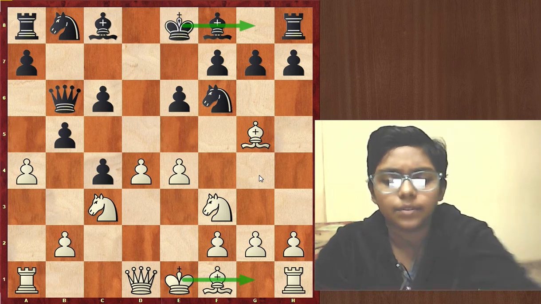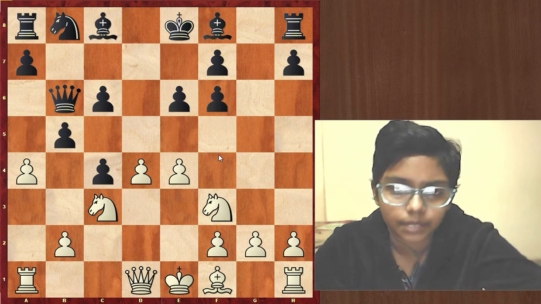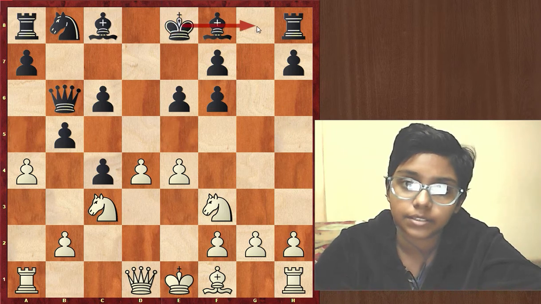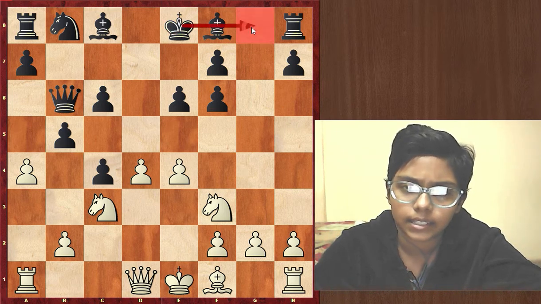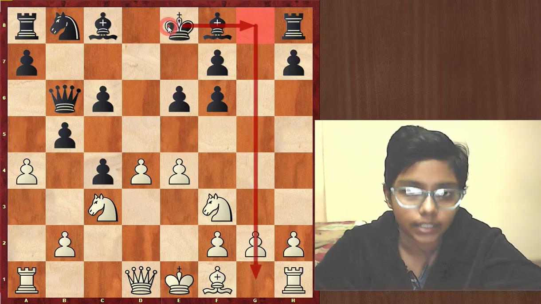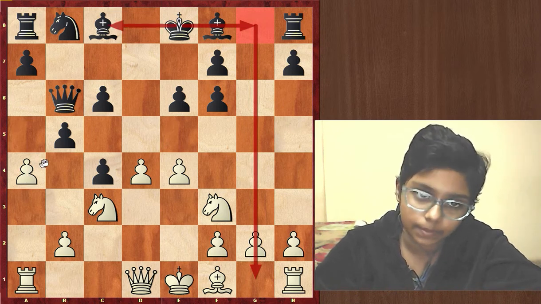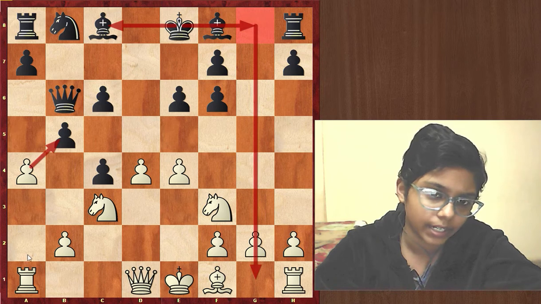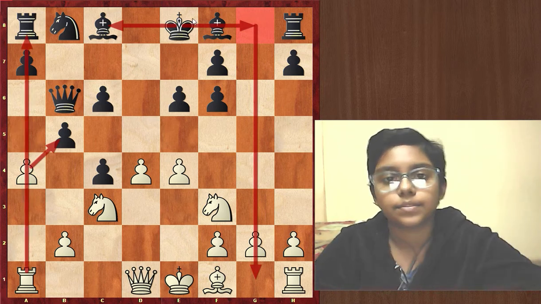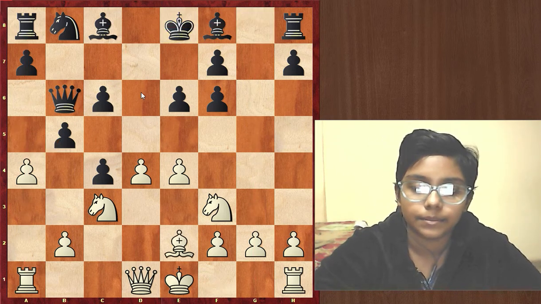So Tal didn't want black to castle because after bishop into g6, bishop into f6, g into f6. Now even if black tries to castle on king's side, then his king will be exposed on the g file. And even if he tries to castle on the queen side, then he will be soon exposed after a into b5 and this a file will be open. So the king was forced to stay on the center. Bishop e2,